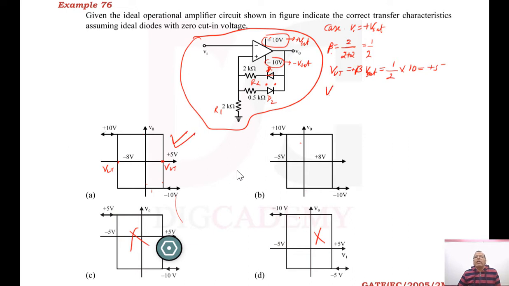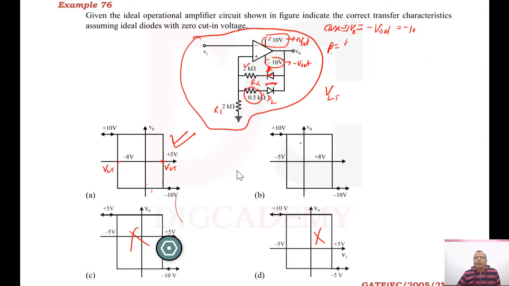However, I can calculate lower threshold voltage also, that will be case 2, this was case 1. So if you take case 2, it will be minus of Vset, so I'll take minus of Vset. It means when your output voltage is minus Vset, or we can say that is minus 10 volt because there is no saturated voltage, only supply voltage is given.